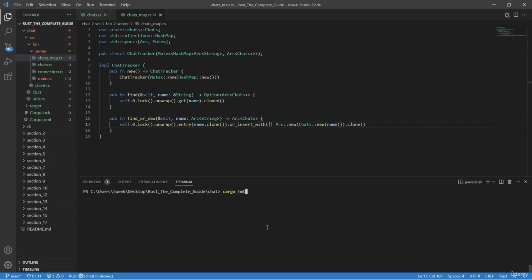And let's make this follow convention, cargo fmt, so everything looks good there. So again, these two are pretty straightforward in what they are doing,